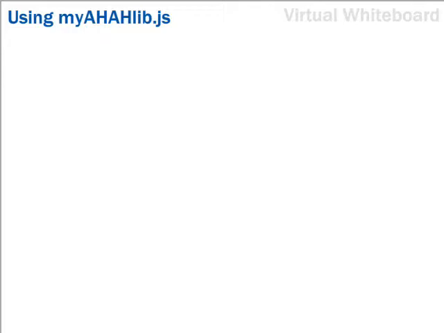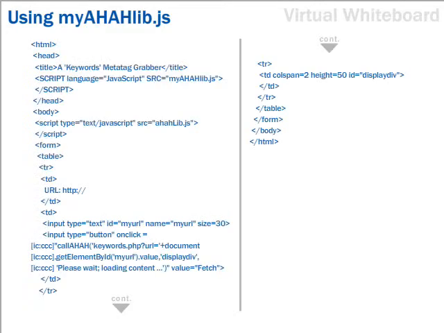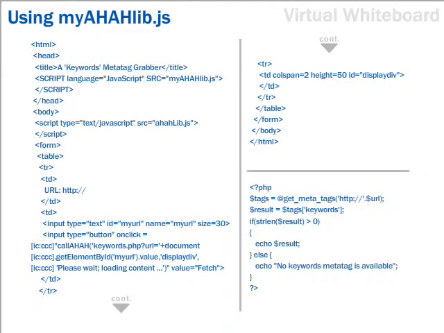This time, we'll build a script to grab the keywords meta tag information from a user-entered URL. This listing shows the HTML code. Finally, consider the server-side script. We present the selected URL to the PHP method